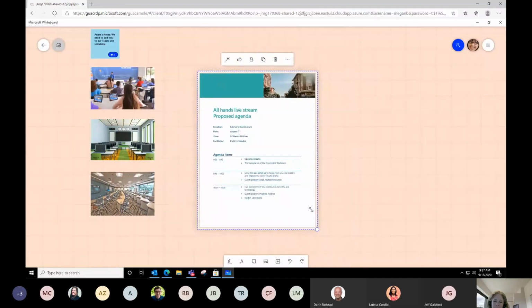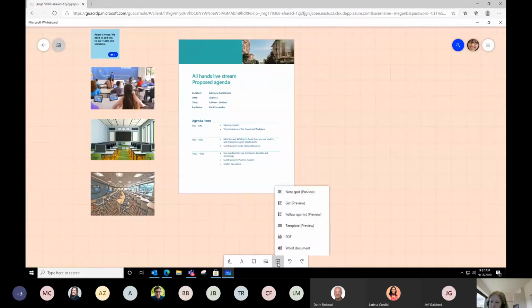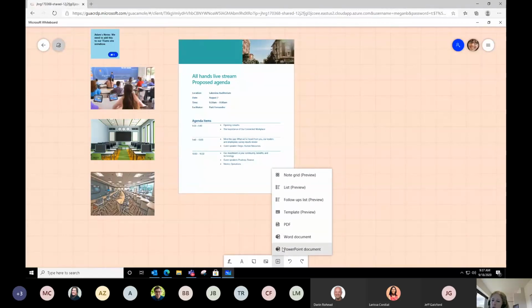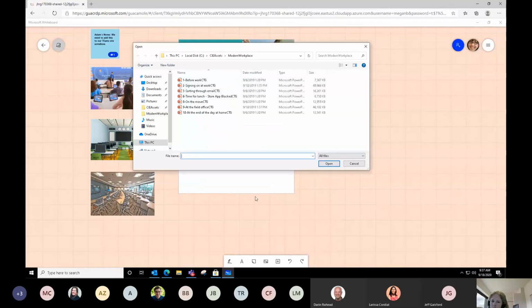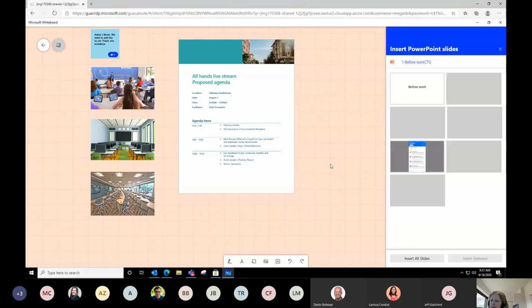So PowerPoints, PDFs, and Word docs. And really, we can make a PDF out of just about anything. So think of it as that, same idea. If you can PDF it, you could bring it in here. I'll try one more PowerPoint, guys, and if it doesn't work, just know that with any PowerPoint, what it will let you do is select the specific slide if you don't want the whole thing, and you can actually bring in just one slide. I'm keeping my fingers crossed.